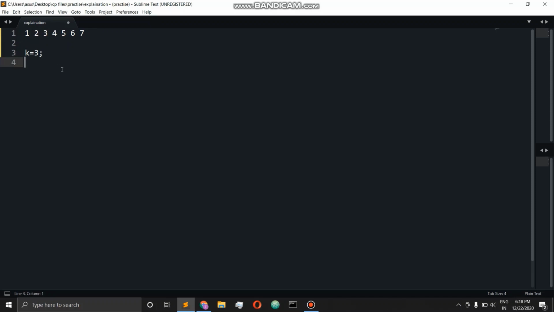Okay, so the brute force solution is for i equal to 0, i less than n minus k. This is my left, or the beginning of my window. Then these will be the array elements. So j will go from i up till i plus k.